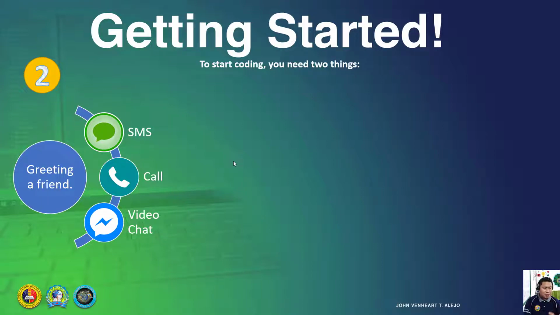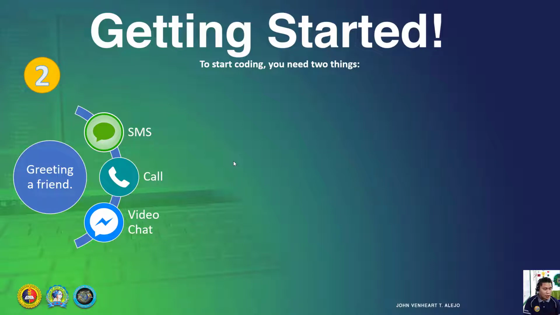Especially for you guys, not all of you have a computer, a cell phone, or a laptop. So what we need to do is use applications like C++ Droid, Java Droid. What are those applications that can code a language? It's up to you. What's important is we will learn how to create a program.